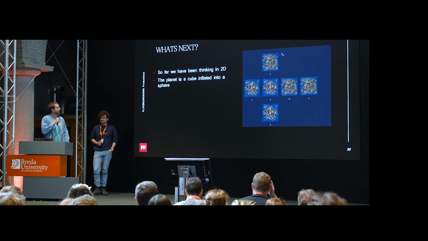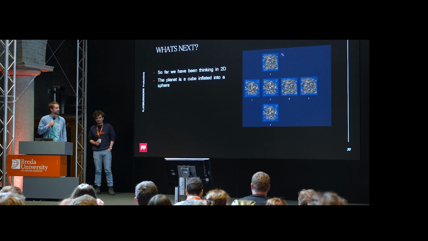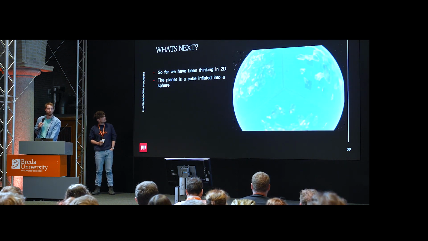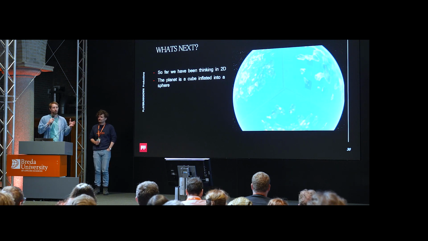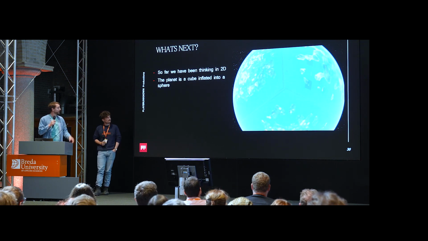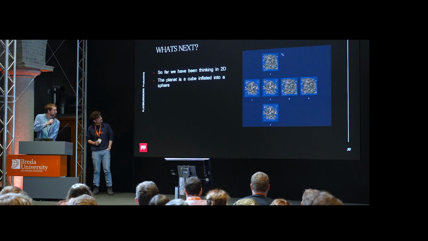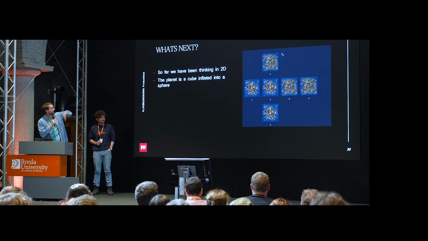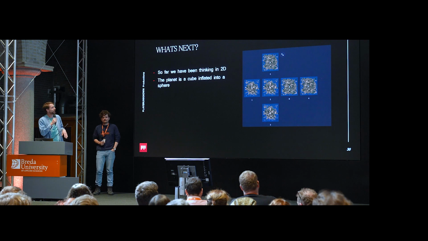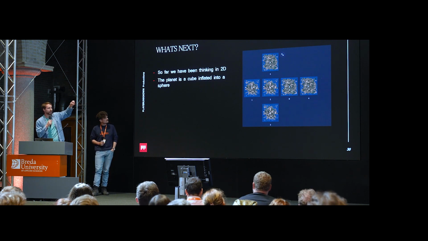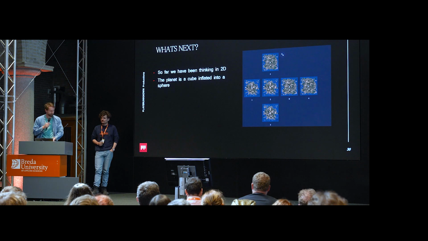And then finally, what's next? So far, we've just been thinking in 2D for this. If you boot up Preface, you'll see it's a globe, but actually under the hood, it is a cube, which is projected onto a sphere. And so initially, in our first deployment, we just did our best to generate a whole planet as we could. But as you can see there, obviously, these were generated in 2D. We weren't thinking about projection. We weren't thinking about the globe at all.